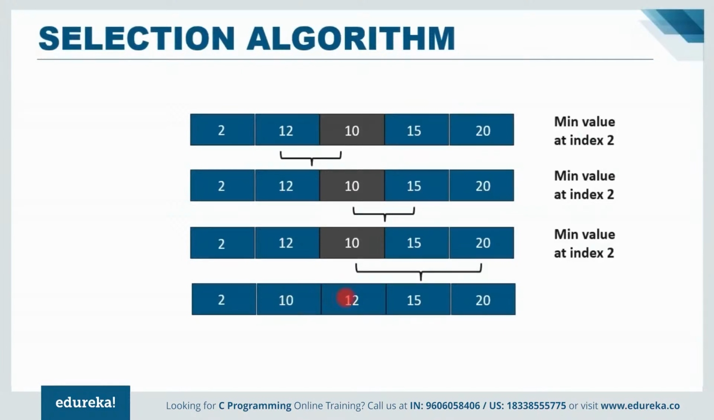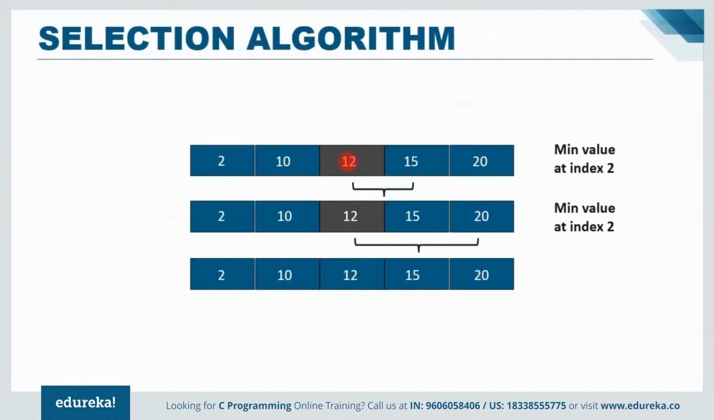Now we shall move to the third cycle, where we will consider the following element after 10, which is 12, to be the minimum element, and we will compare it with the other following elements, which are 15 and 20. As you can see, we have considered 12 to be the minimum number, and we compare with 15, and we obtain that 12 is smaller than 15, so there is no change in the position. In the next iteration, we compare 12 with 20, and we find that 12 is smaller than 20, so there is no change in the position again. So we find that the array has already been sorted for this cycle,